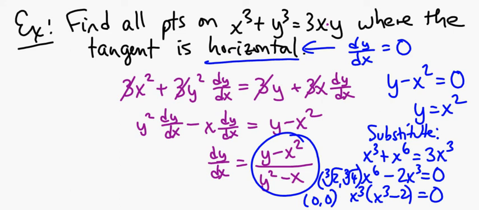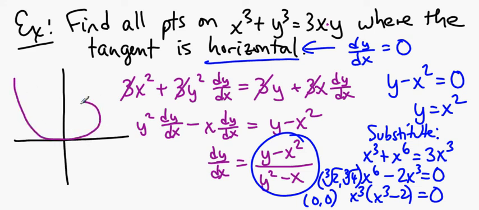Now, you may be asking, how do I know if I'm right? Well, we could graph the curve. The curve's not hard to graph. Yes, that's the curve. And we could see that it's got a horizontal tangent at 0, 0, and it's got a horizontal tangent at cube root of 2, cube root of 4,